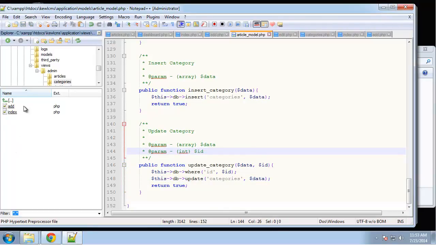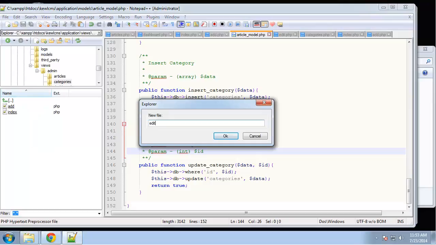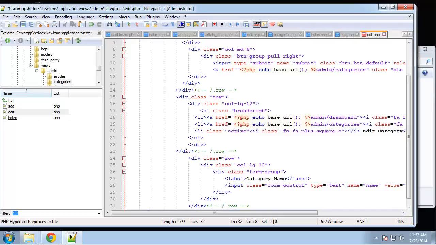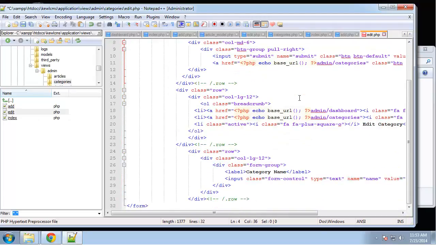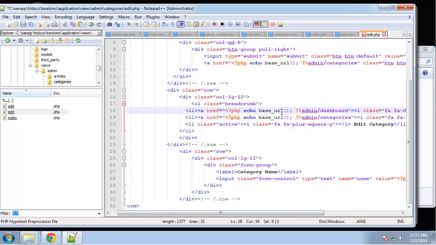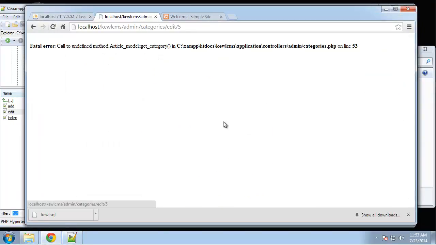Alright, and what we need to do is in the views, you want to go to views, categories, and then create the edit.php file. And so we paste this in. Same thing as the add form, except we have our value. You can see right here we have echo category name for our name value. So let's save that, reload, edit,